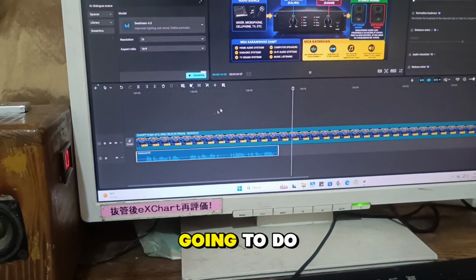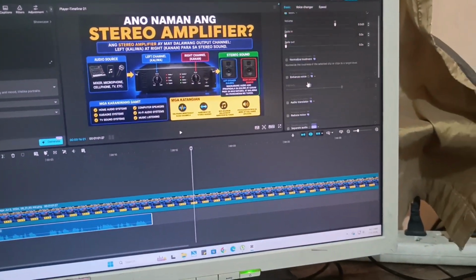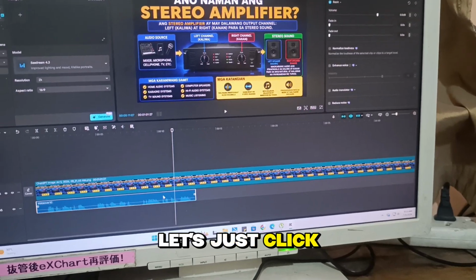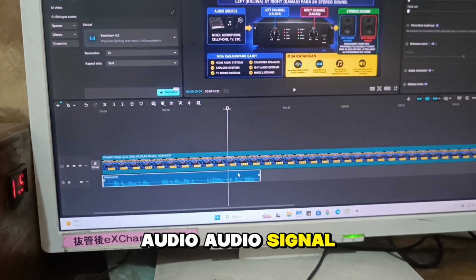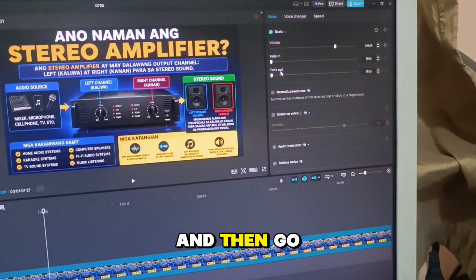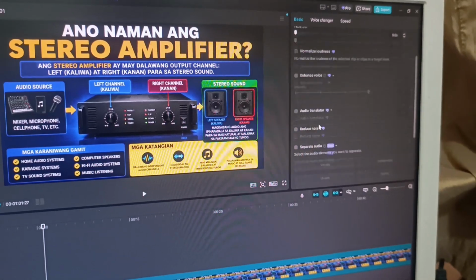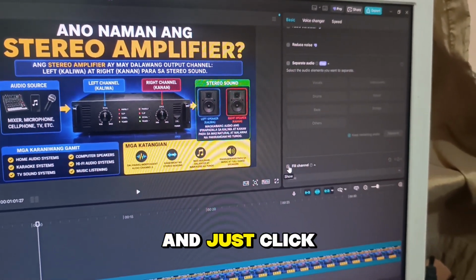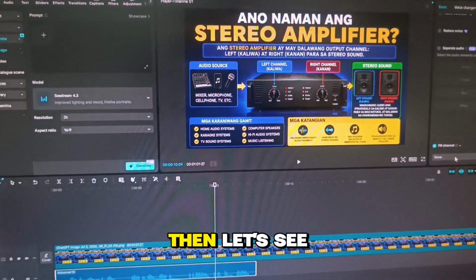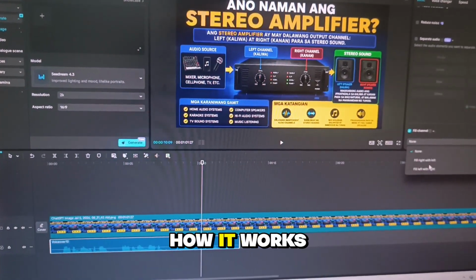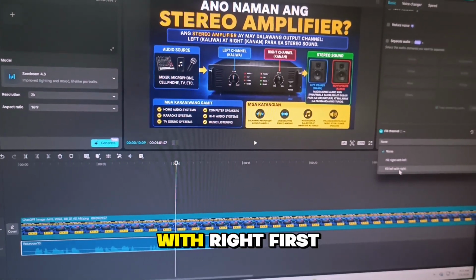So, what we're going to do is click this audio signal and then go here. Just scroll down and click the Fix Channel option. Then let's see how it works. Let's choose the Fix Left with Right option first, so